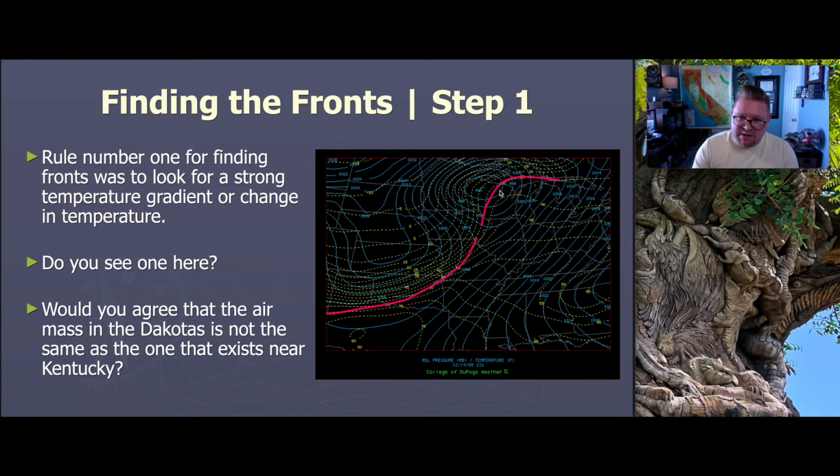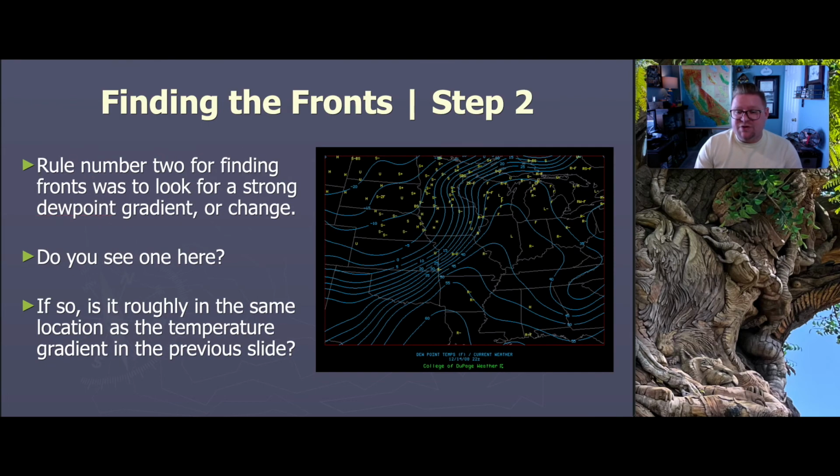I can see that there's one here, and I see another one that's down here. I believe that they are very different, and the reason being is that the temperature gradients are different, also the direction in which they're moving. This top one seems to be moving upward, and the bottom one down here is moving outward and around. So I can see there are two different discs or lines that have been drawn. So that's step 1. Now step 2 of the process, it says rule number 2 for finding fronts